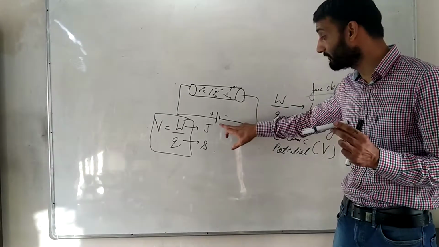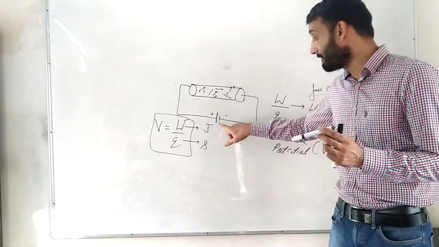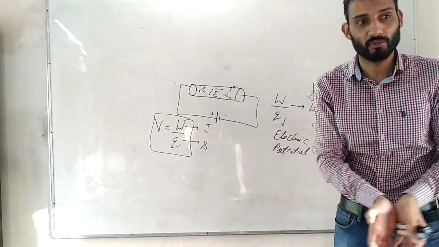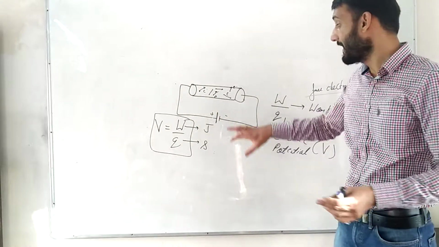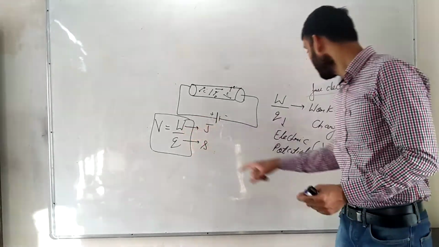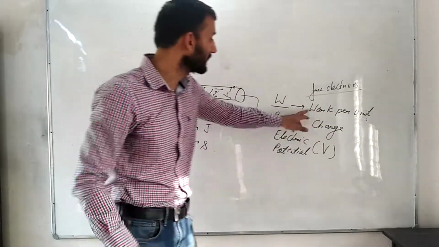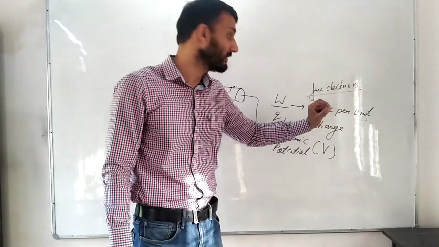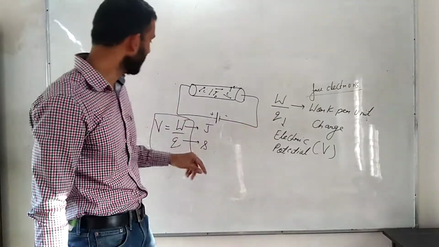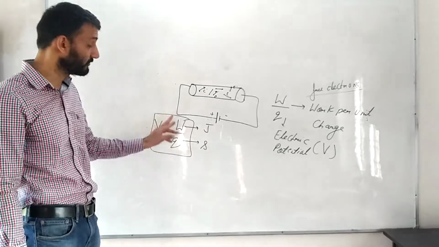And we have taken the help of the battery. Now what the battery has done is that the battery has pulled up these electrons from random direction and has thrown them in a specific direction. And for that the battery has done some work on these charge particles. So that work done per unit charge, when we measure how much work is done on unit charge, on a single charge, on 1 coulomb charge, we got something called electric potential V, which we did in the previous class. V is equal to W upon Q.